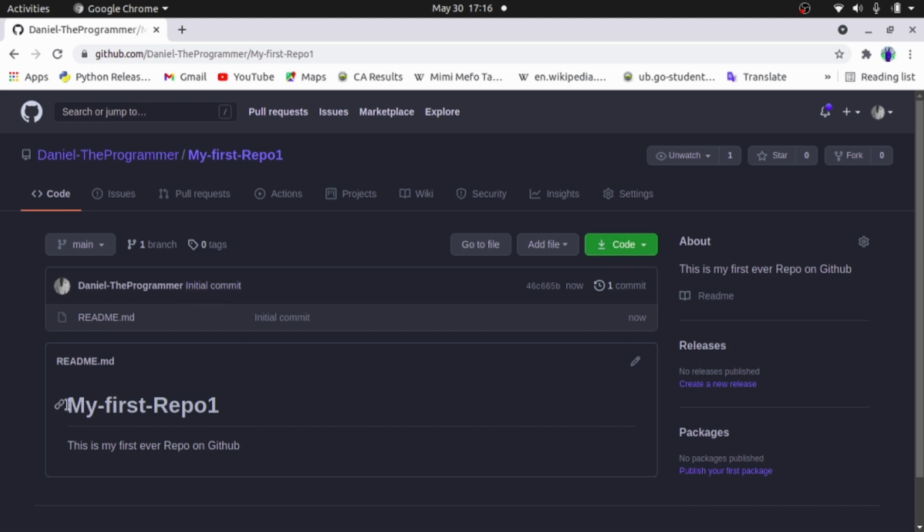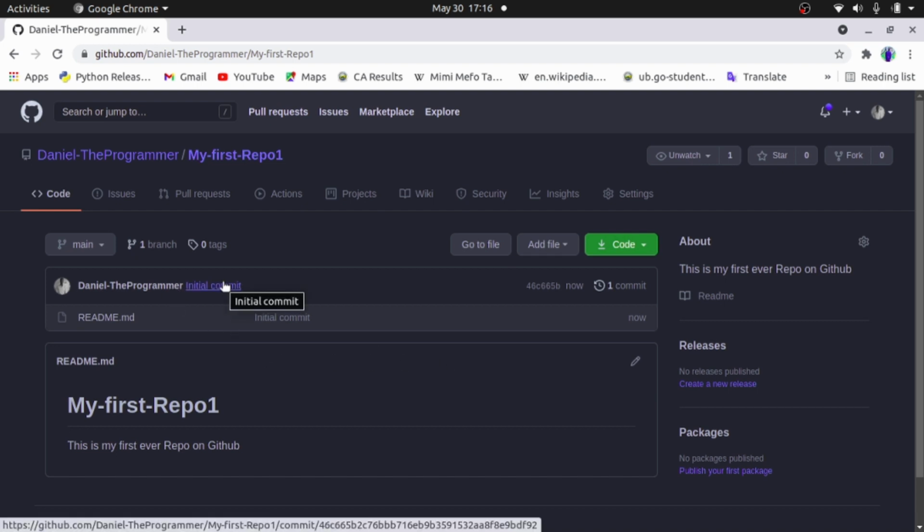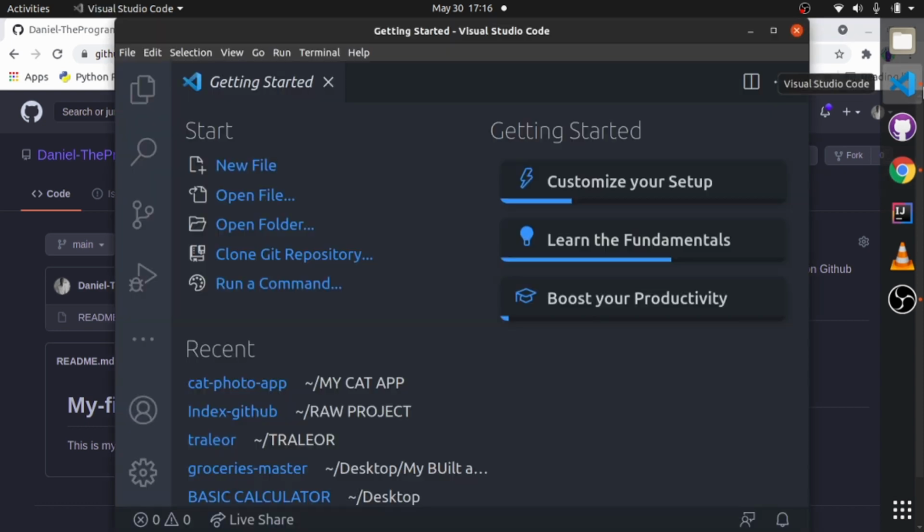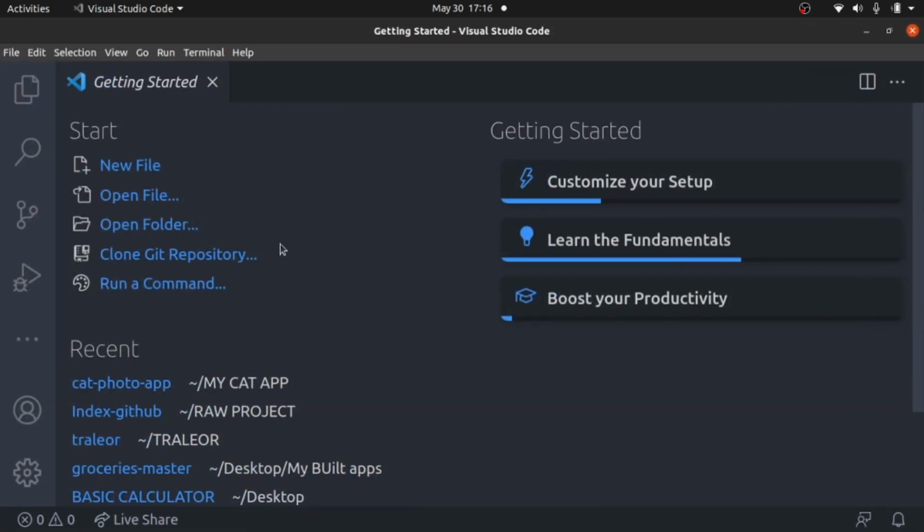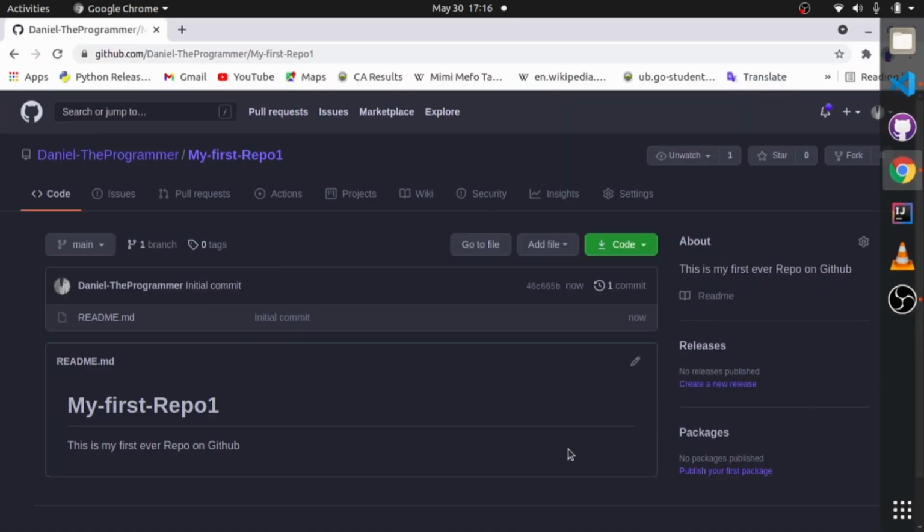Now what you want to do is to be able to commit to this particular readme. But before you do this, you need to first of all make sure that your VS Code is connected to your GitHub account. As you can see below here, my VS Code is connected to my GitHub account, and make sure that Git is installed on your device.